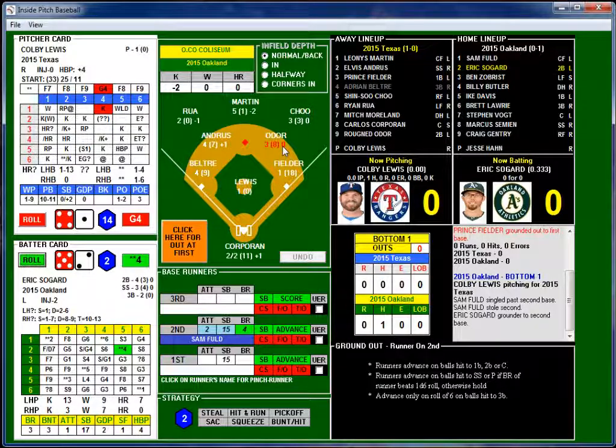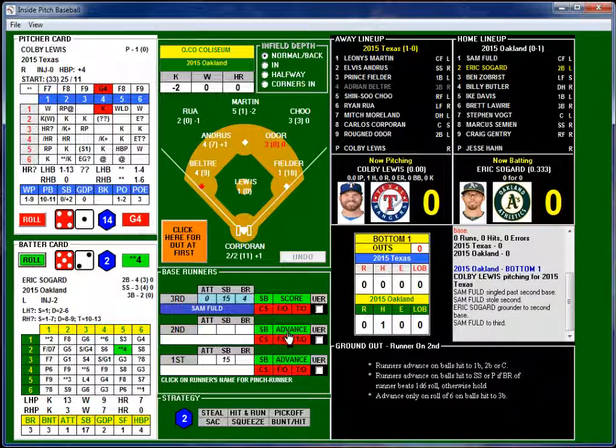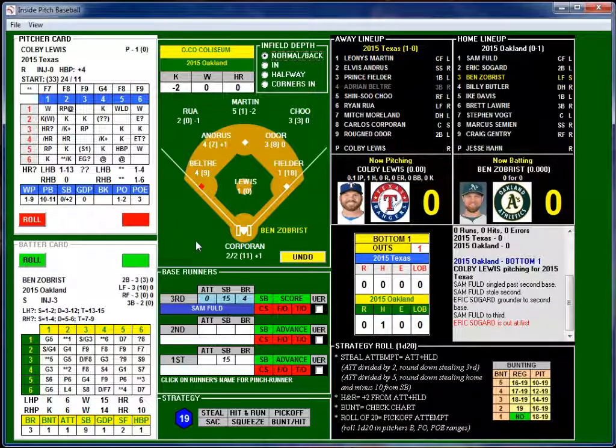So it is hit to second, so we will advance him. Out at first. 1 out, but man on third there, Sam Fuld. I'm not sure how his name is pronounced. Anyways, he's on